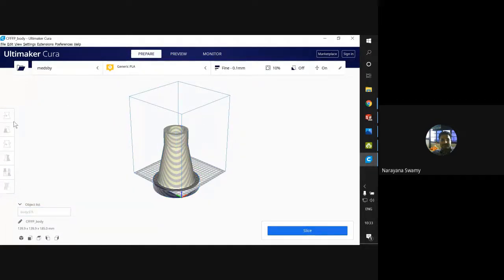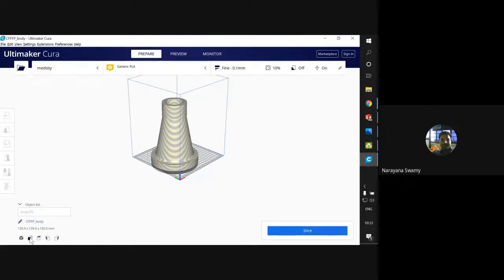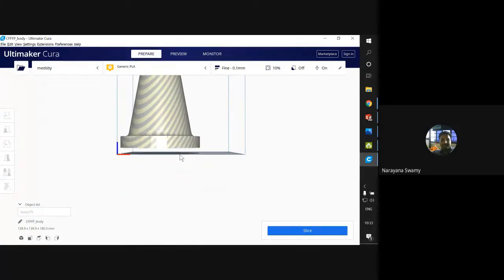So a very important thing here is placing your component. As I said, the Z value should always be 0 to ensure it is on the ground. If it is not 0, we can see there is a gap between the product base and the table.